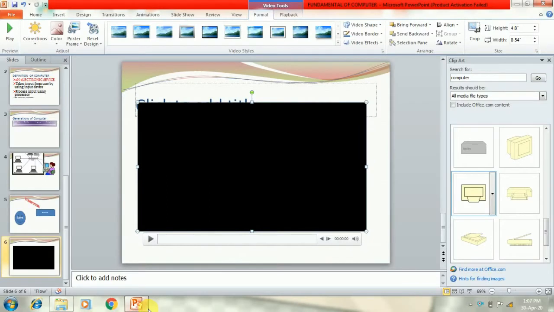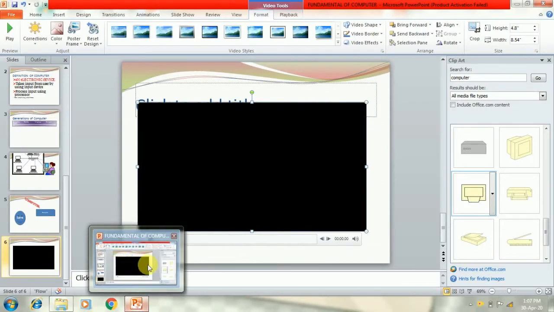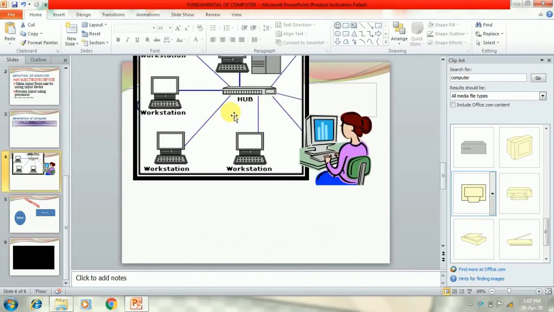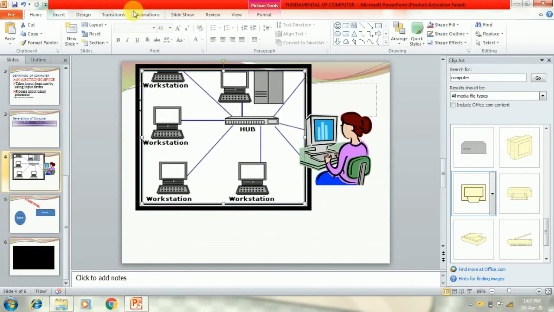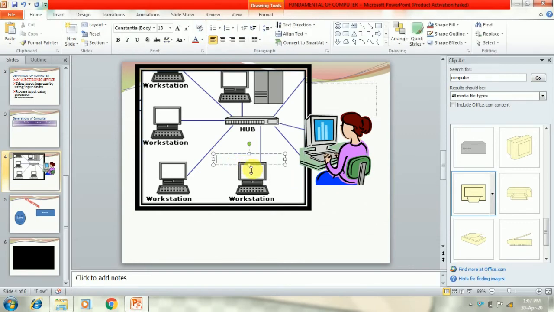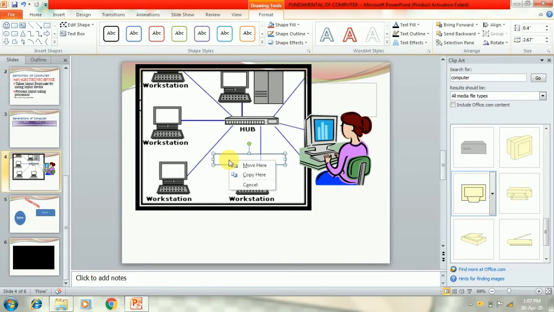The next feature which we are going to use is Text Box. If you want to add text on the picture or outside a placeholder, use the Text Box option and drag the cursor on the image. You can resize the text box using the arrow handles. Type the text inside the text box using the keyboard. You can change the font color and font style using the Home tab.